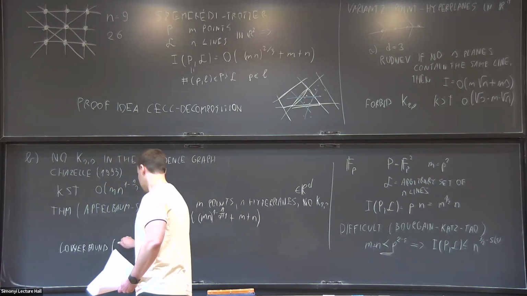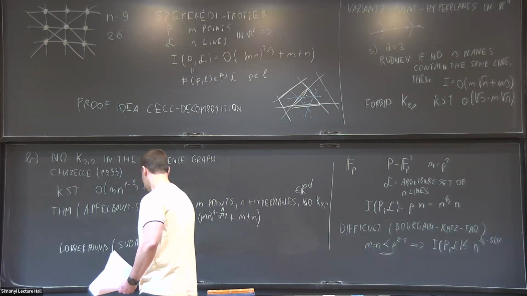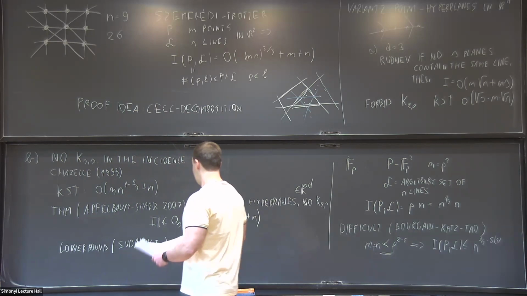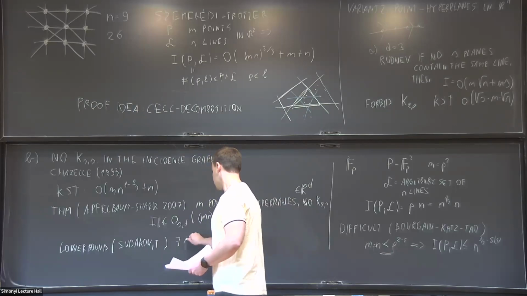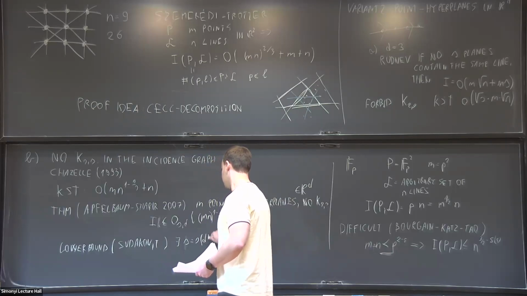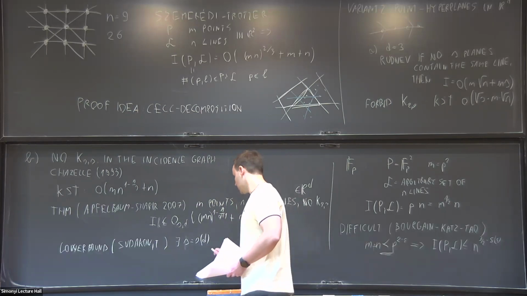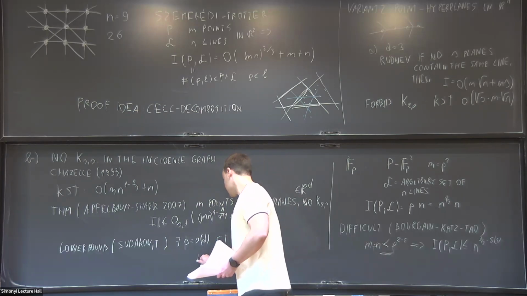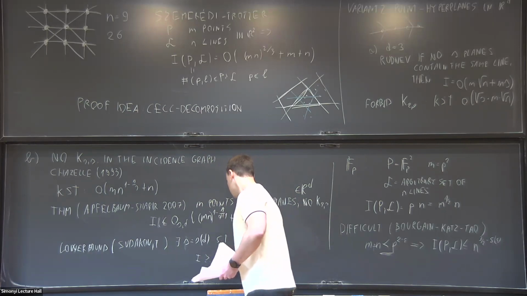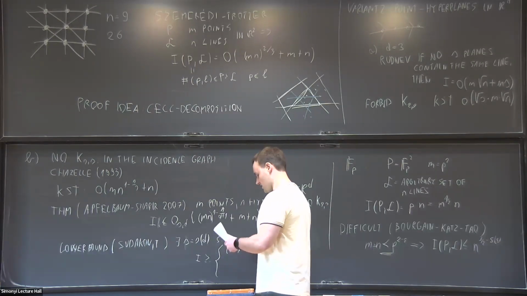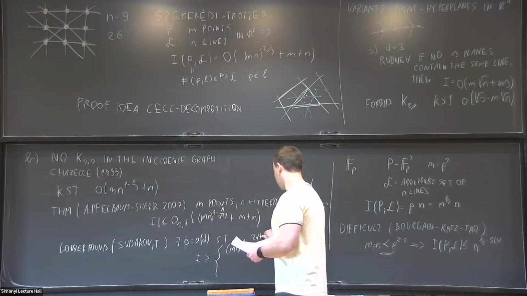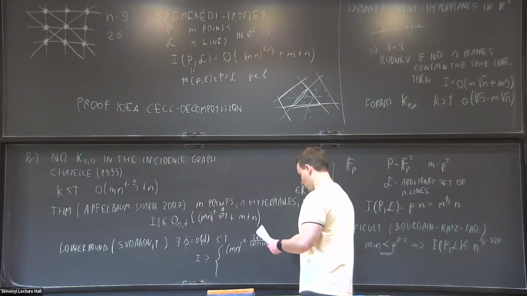So this is due to Benny Sudakov and myself: there exists some S depending only on d, so again this is a large constant compared to m and n, such that the number of incidences is at least, now we have two cases, at least m times n to the 1 minus (2d plus 3) over ((d plus 2) times (d plus 3)), when d is odd,